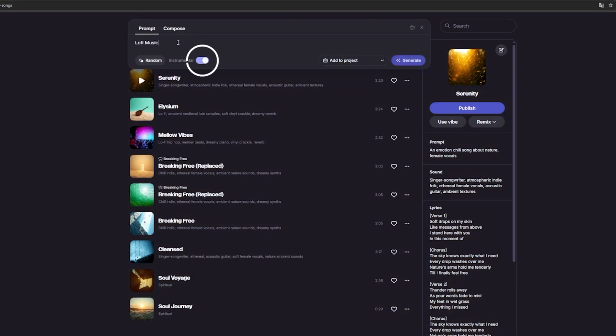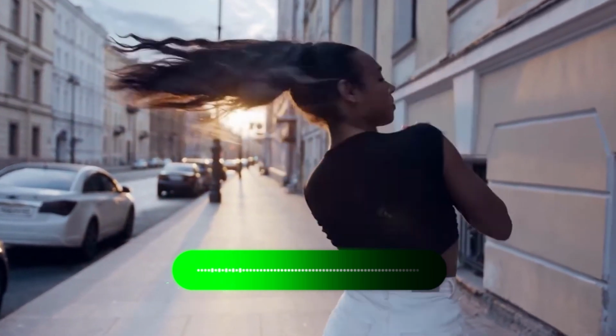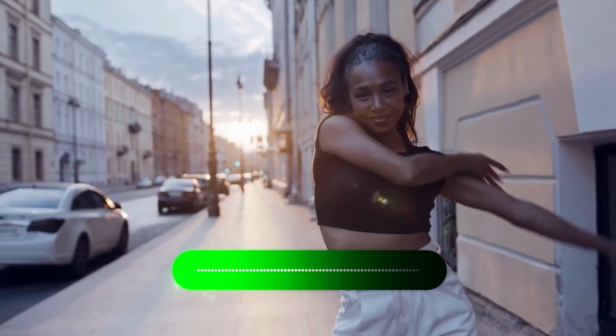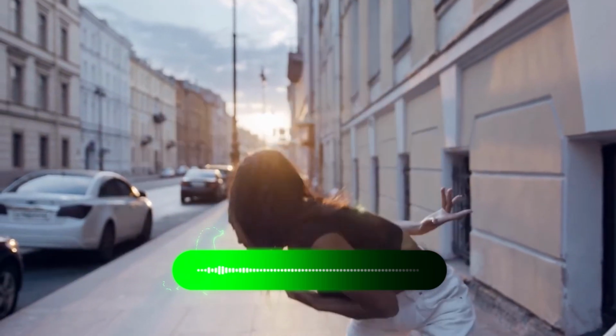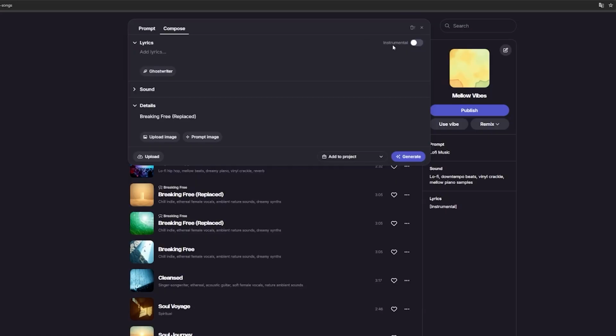Now let's turn on the instrumental option, and we type this prompt, Lo-fi music. We wait for it to generate the audio. On average, it takes 1 minute to generate the song. Very good generation as well. Let's go to the compose option. We can write the lyrics ourselves, or with the ghostwriter option, we can give it inputs to help us create our lyrics. So we use the ghostwriter option and write, make a track on war in the world in the style of 2Pac. Press generate.